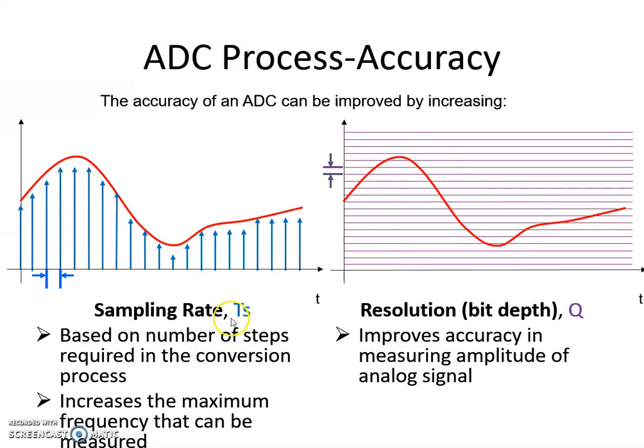So higher sampling rate and higher resolution means that we are going to get a much more accurate signal, much more true to the actual signal that we want to have. So now, next,